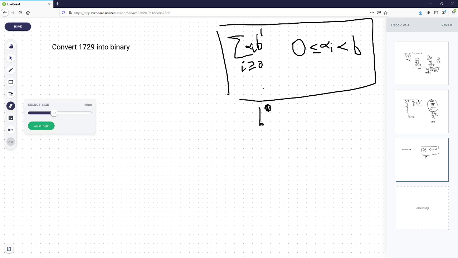So anyway, okay, let us convert 1729 into binary. So 1729 is a fundamentally interesting number. The reason is that there's a story about a mathematician. His name is Ramanujan, and he basically